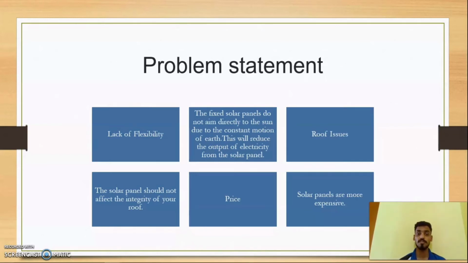The next one is that fixed solar panels do not aim directly at the sun due to the constant motion of the Earth. This will reduce the output of electricity from the solar panel. So this is also one of the problems. The next one is that the solar panel should not affect the integrity of your roof. And price. Solar panels are always high in price, and also when we fix